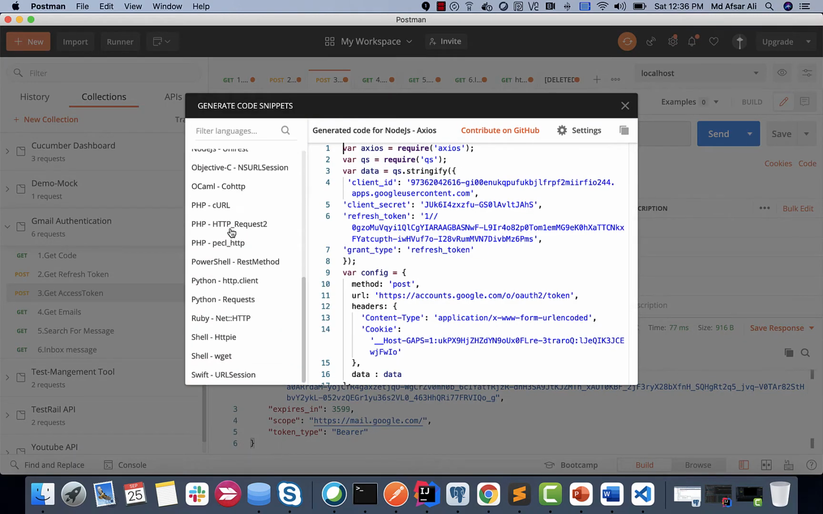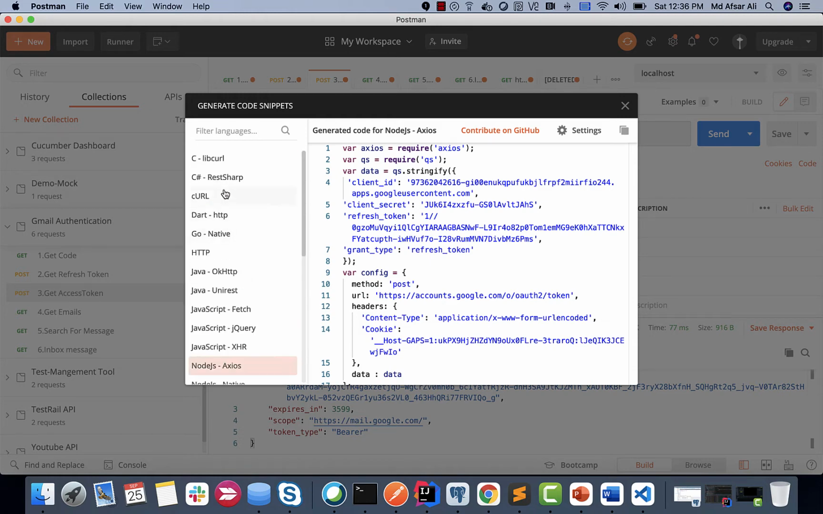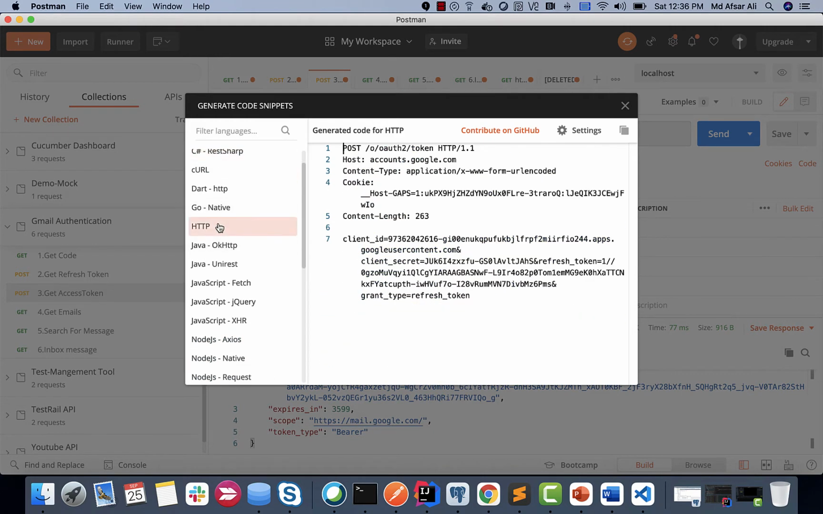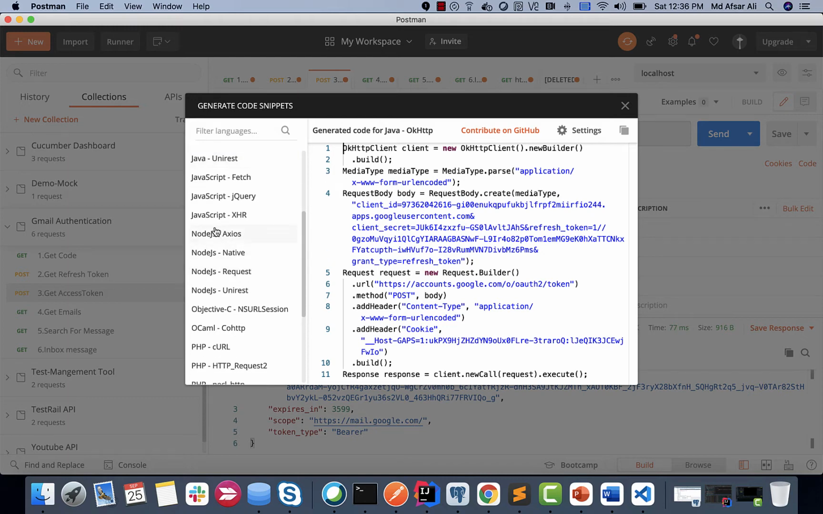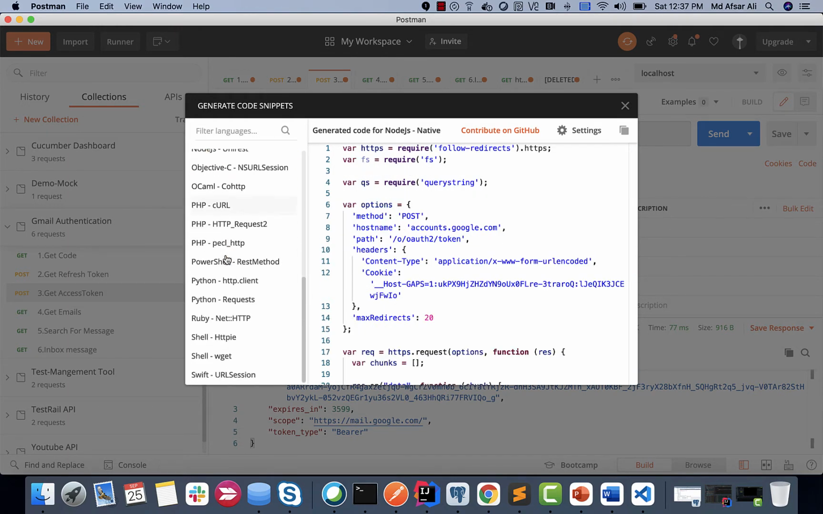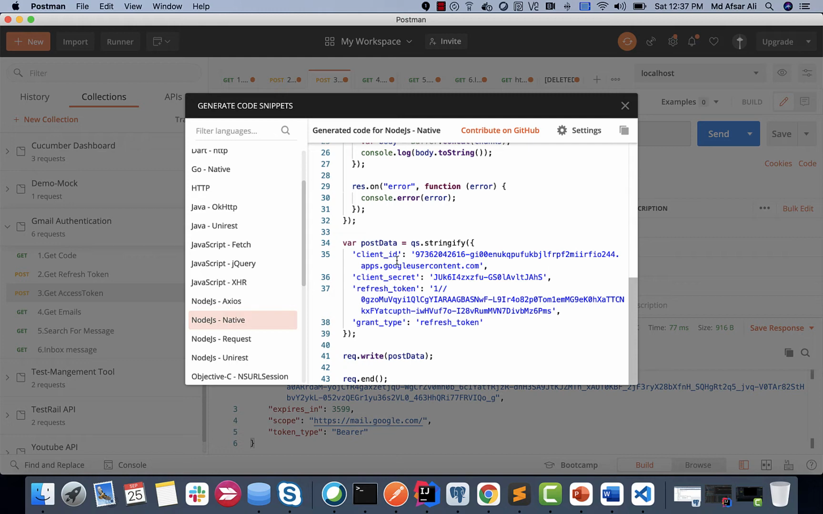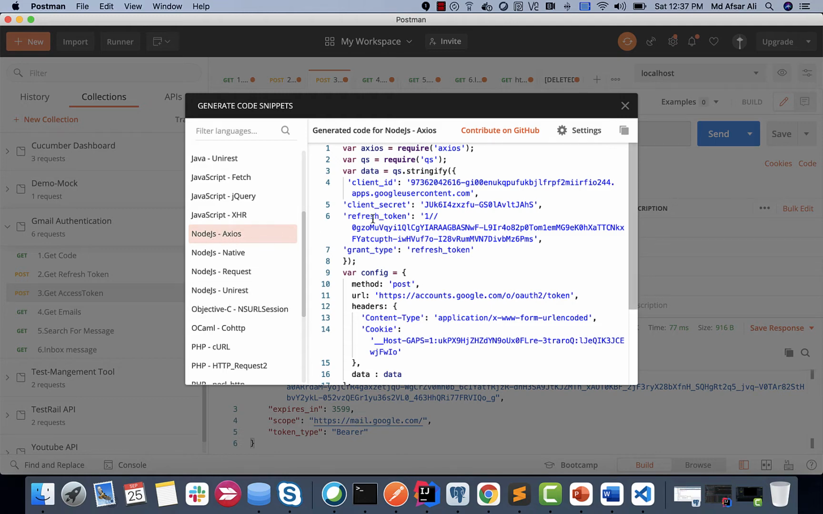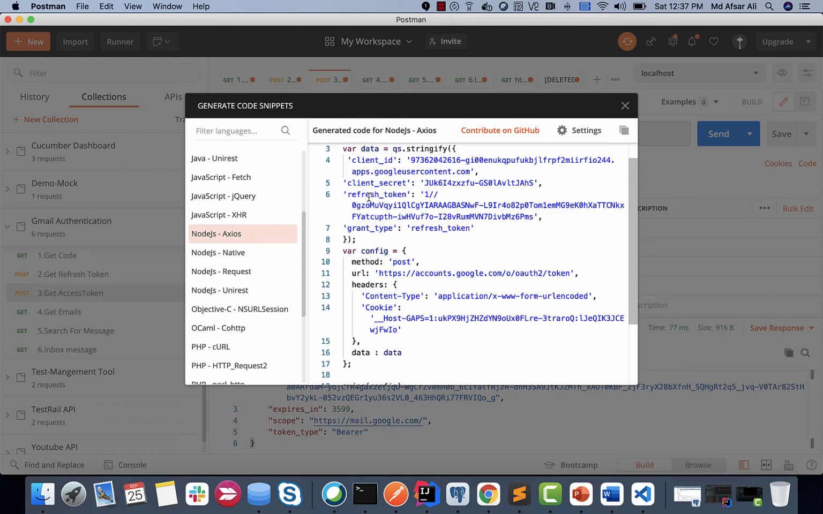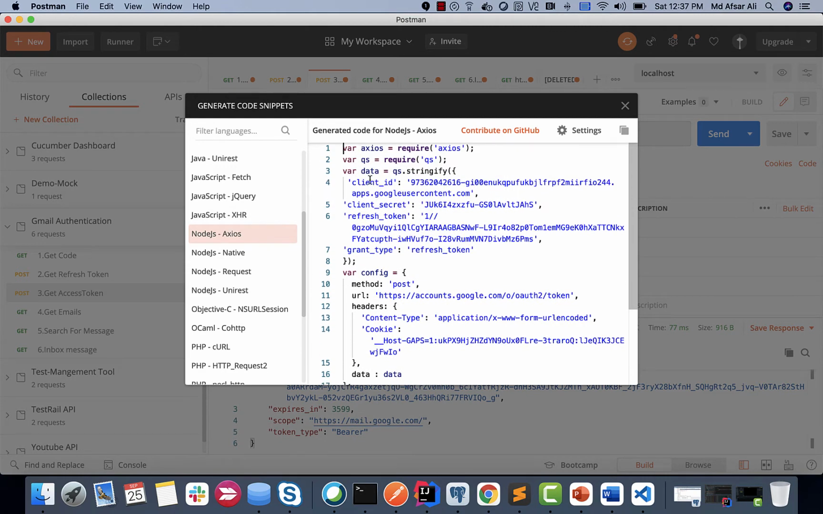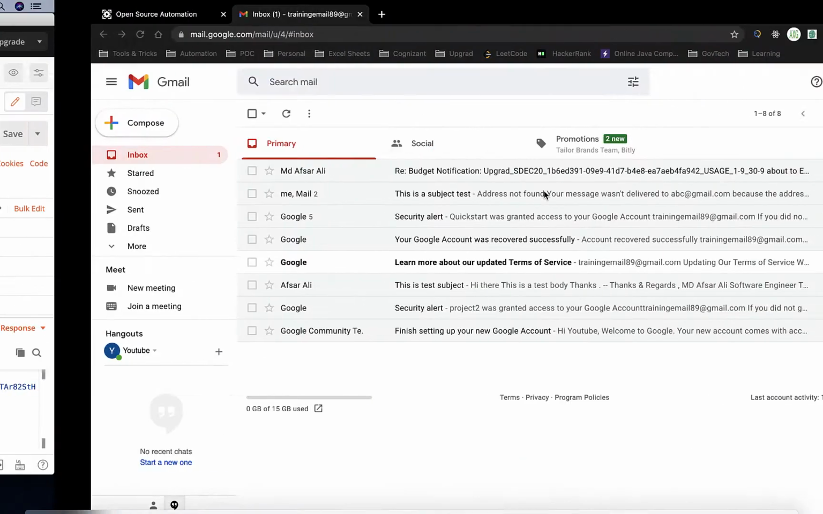Okay, and you can see there are a lot of options available, a lot of code snippets available for other languages as well, like C Sharp, HTTP, then Java. We have Node.js, right? Then we have PHP, Python, etc. So you can just copy this, and that will work for your respective languages, right? So in our case, what we'll be doing is we'll be using Node.js Axios. So Axios is a very good library for APIs. All right. So what I'll do, just copy everything, whatever you see here, then we'll just paste it in